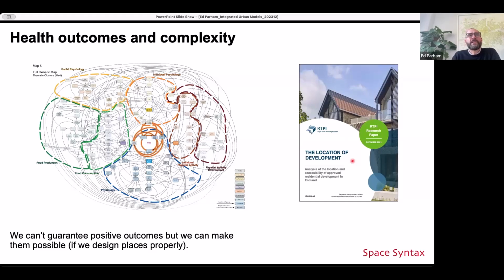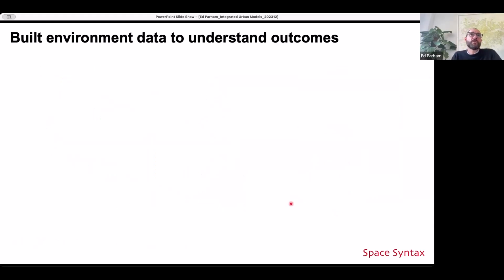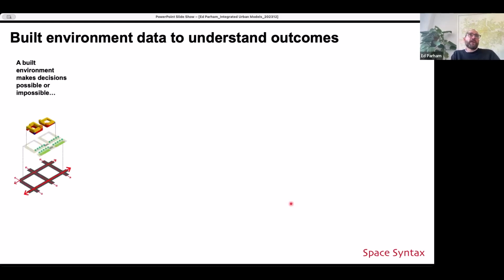And that's because of their location, because of the way that sites are selected, because of the local design. It's impossible for people to walk or cycle anywhere. So that's a little bit about why we're doing it, or starting to put it together. And so to dig into it in a little bit more detail,